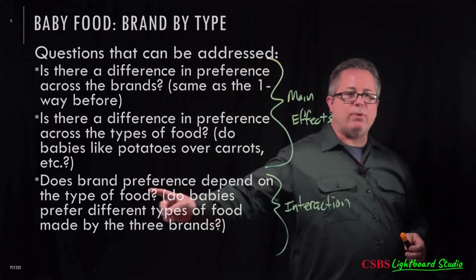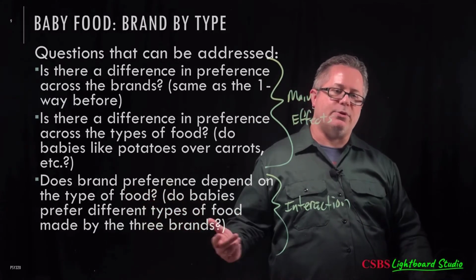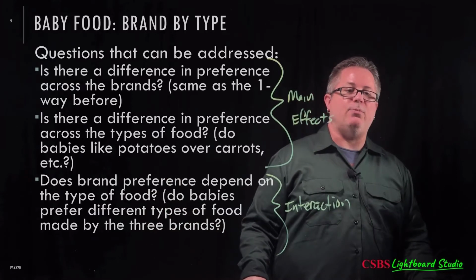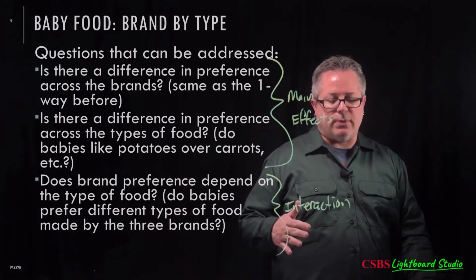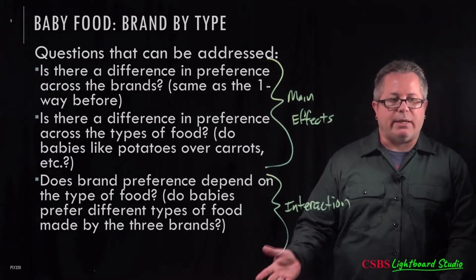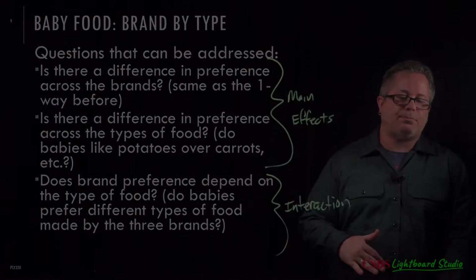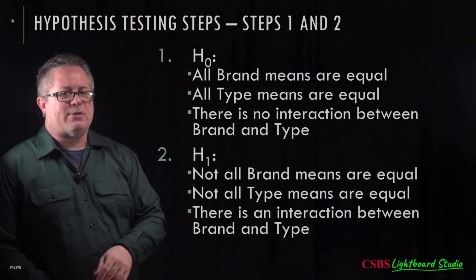So does brand preference depend on the type of food? For instance, do babies prefer different types of food made by the three different brands? If the answer here is yes, we're going to be able to do a test for that. That means there's a presence of an interaction between brand and type. The question comes down to, how do we do a hypothesis test when we have all this stuff going on